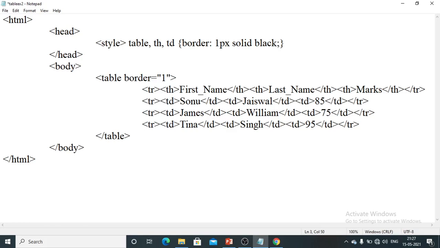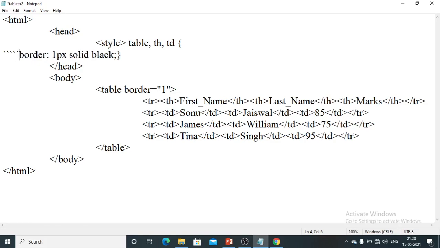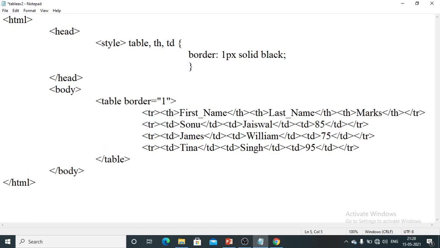This is what I am mentioning here. If you want particular indentation, you can go like this, so you can keep the contents in indented form.